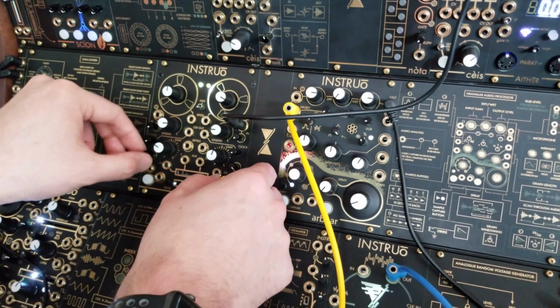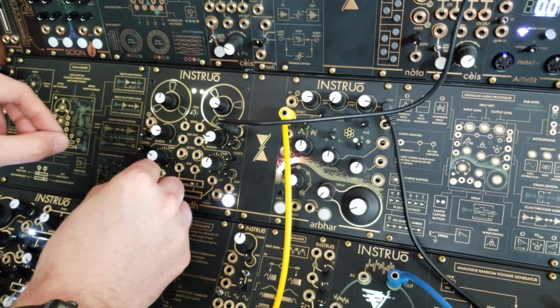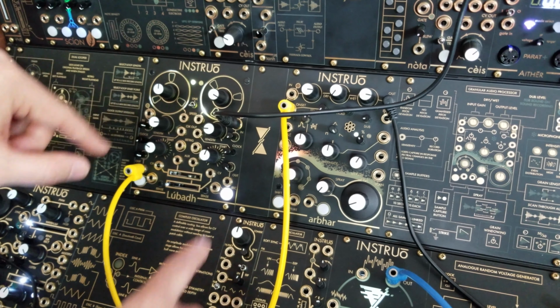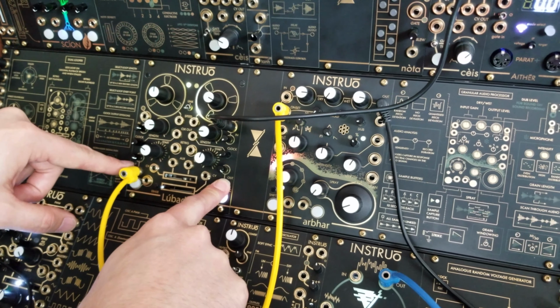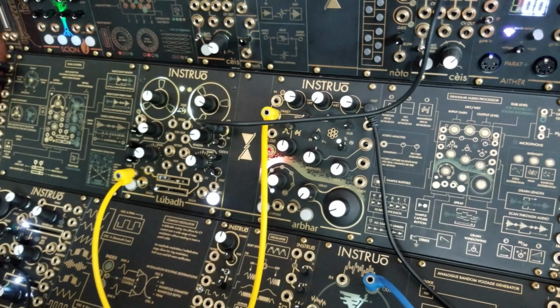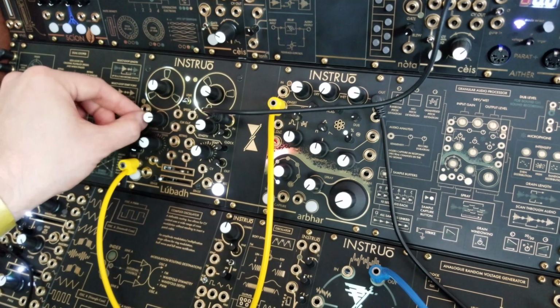What I can do is now monitor from the other side, bring up the input. The output of each loop is normalized to the input of the other. So you end up with, you can get all sorts of feedback tricks where...